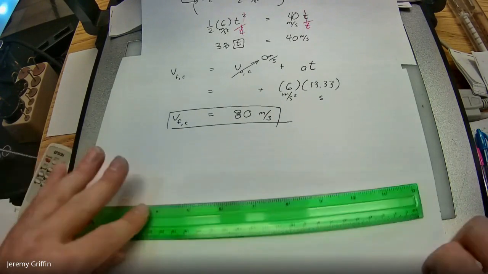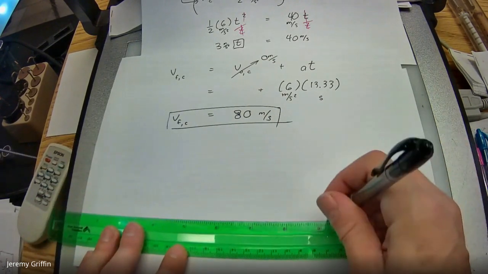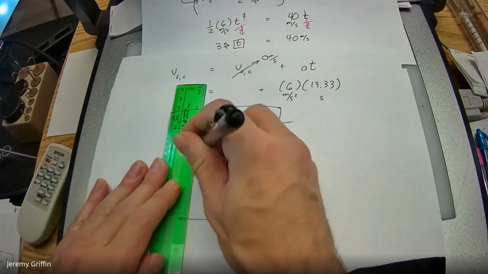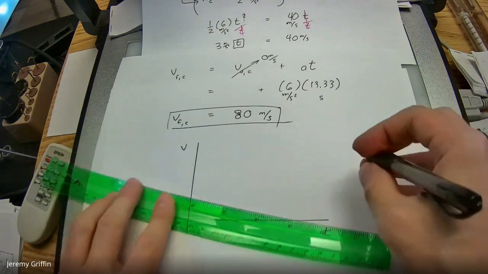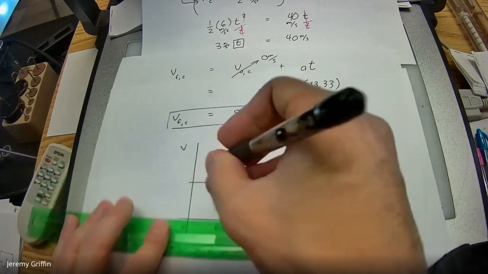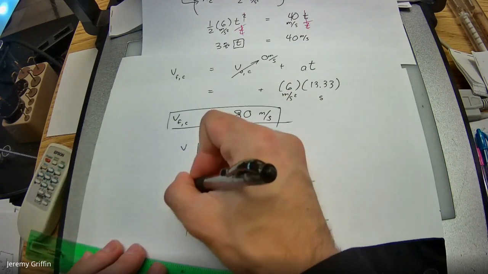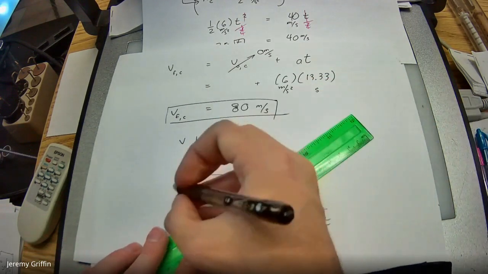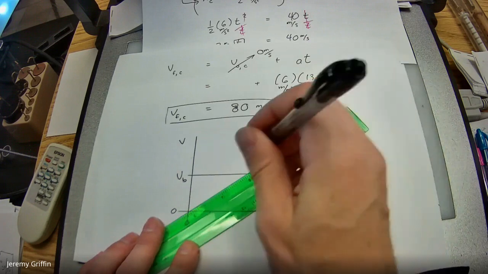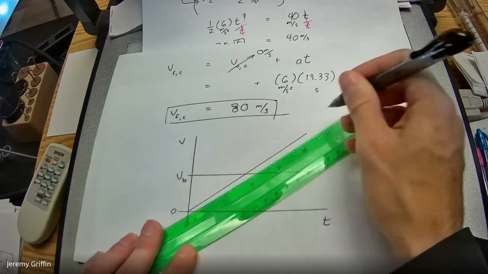Let me show you guys an alternate way you could have solved this. You could solve this really quick with a graph. It would look like this: speed versus time. I'll make it really generic. I'll just call it the blue car. Here's the cop car. It starts at rest at time 0 and catches up to the blue car.